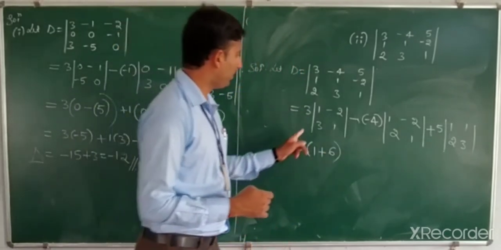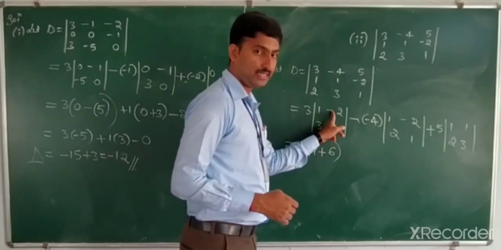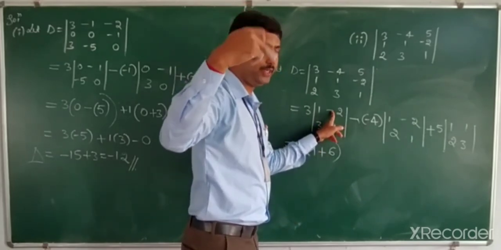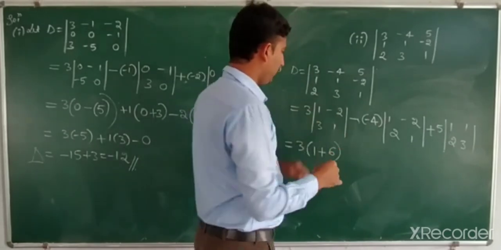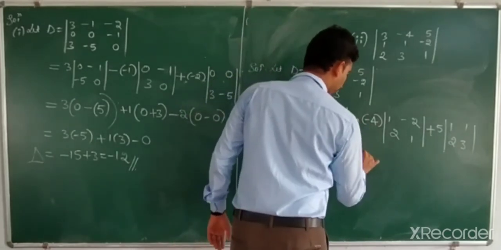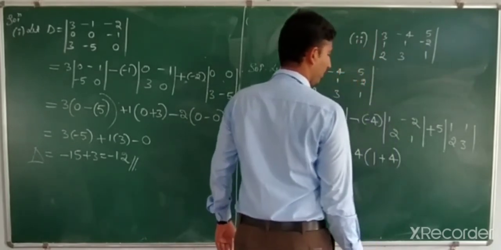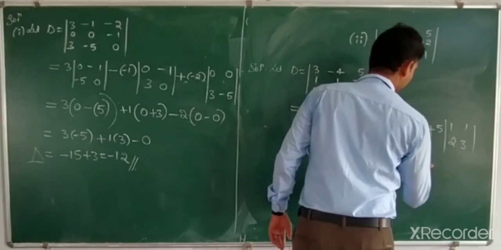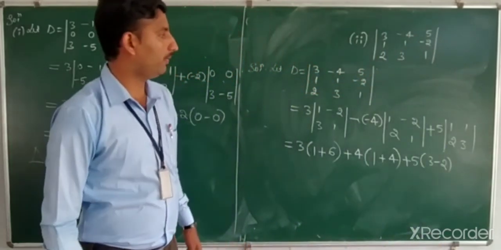Just observe, why? Because 1 into 1 is 1, here minus, element is minus, formula is minus, 3 into 2 becomes 6, 6 into minus, minus 6 into minus, it is plus 6, minus of minus plus 4. After that 1 plus 4, 2 into 2 plus 4, plus 5, after that 3 minus 2,